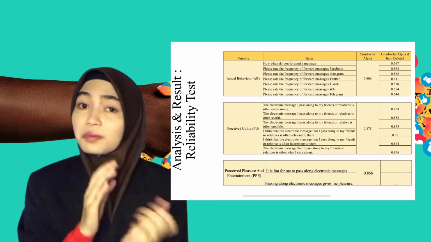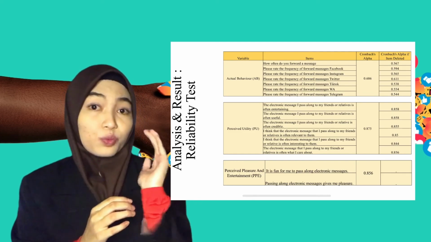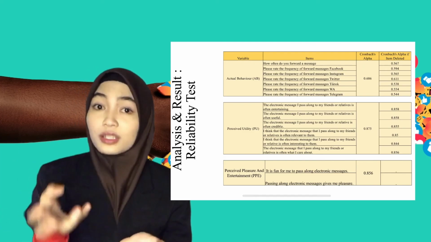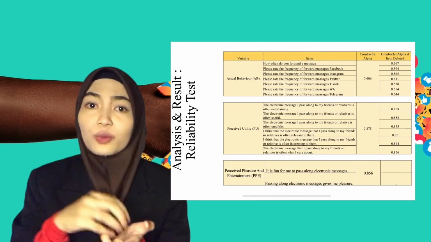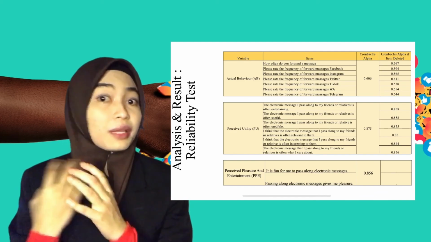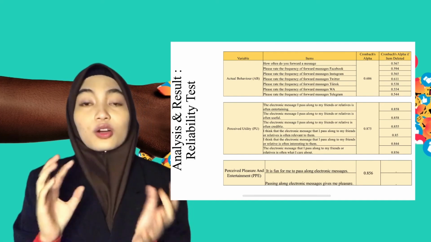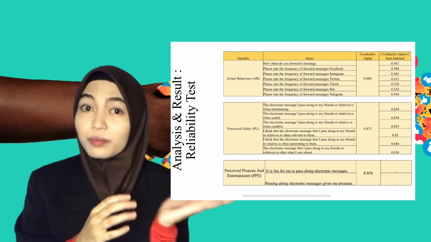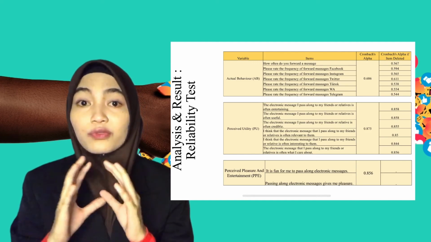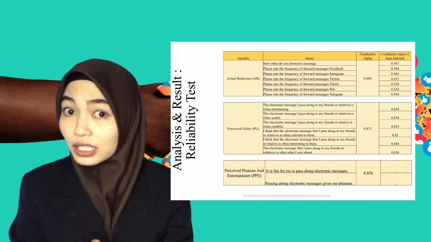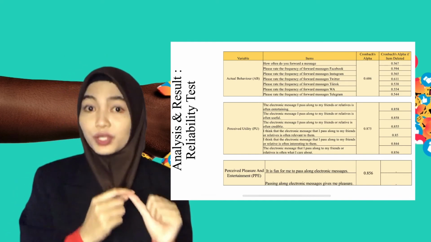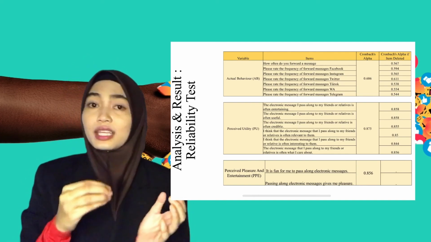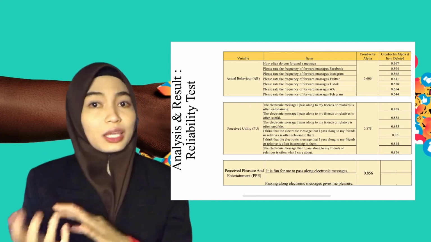Generally speaking, reliability levels between 0.55 and 0.60 are considered inadequate, while values between 0.60 and 0.7 are considered adequate. Values between 0.7 and 0.9 are considered excellent reliability, while values more than 0.9 are considered outstanding reliability. The overall dependability of the variables was shown by the fact that all variables had a Cronbach's Alpha value of more than 0.6. The variable perceived utility, which is PU, has a Cronbach's Alpha score of 0.875, which indicates that all the items in this specific variable will be kept for use in the next stage